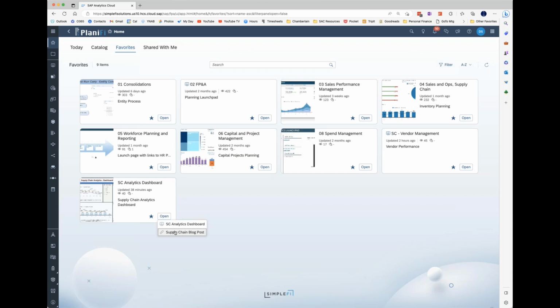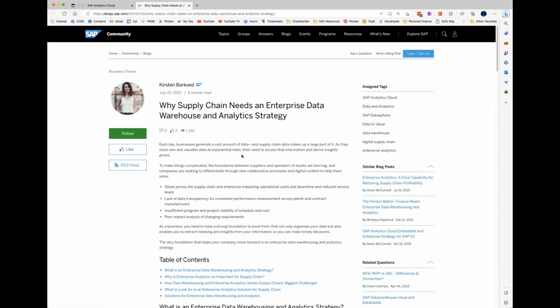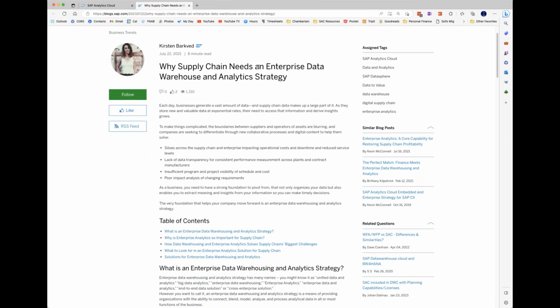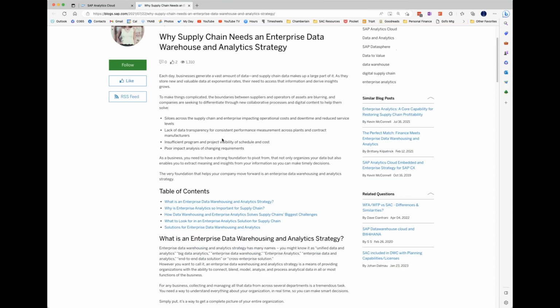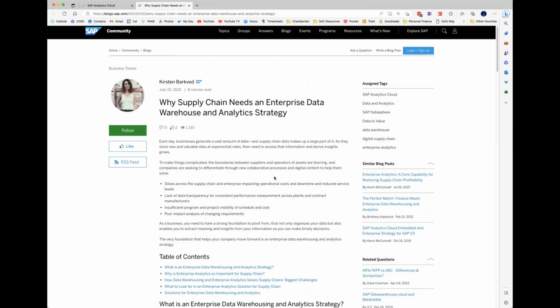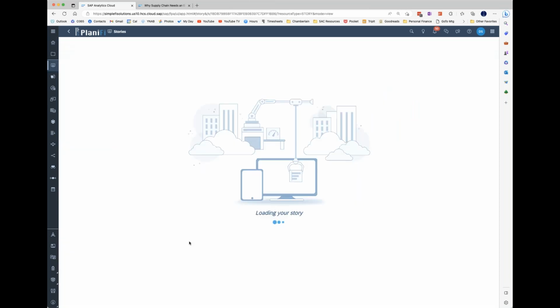For example, I just added a link to an outside blog post that's important to our process: Why supply chain needs an enterprise data warehouse and analytic strategy, et cetera. Having that link there, maybe a collection of links, makes important information available to you instantly based on your starting point. So what I'll do now is launch right into the